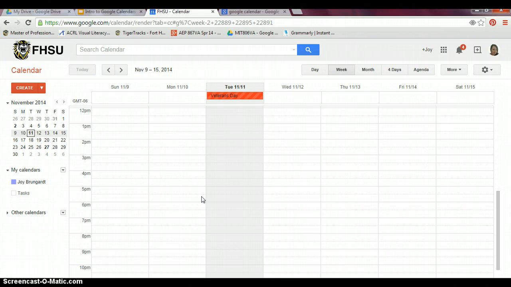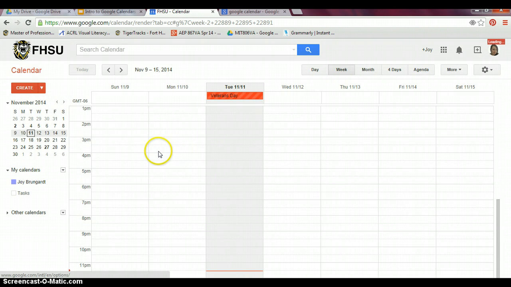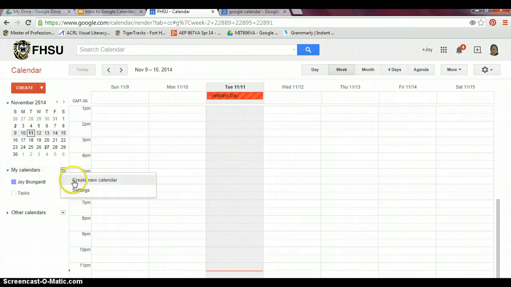Alright, so now we're going to get started, and we're going to create a new calendar. If you have a Gmail account, you are probably familiar with your little app center here. To go to your calendars, you just click on the calendar icon. That takes you to your calendar that's just attached with your account. If you want to create another calendar for a separate part of your life, say I use this one for school and I want to make one for dance, I just go to my calendars, drop down arrow, create a new calendar,